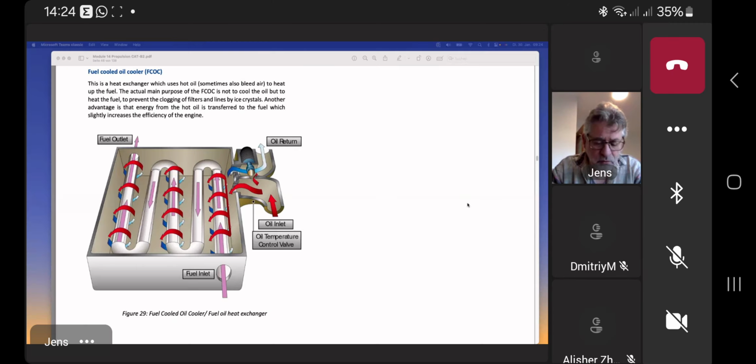So, question. Which pressure is higher, the one from the oil or the one from the fuel? And of course, if there should be a leakage in the fuel oil heat exchanger, it makes more sense to have oil in the fuel system, because it just will burn, than fuel in the oil system. Because if the fuel pressure would be higher and you have a leakage, then fuel would enter the oil system and will change,